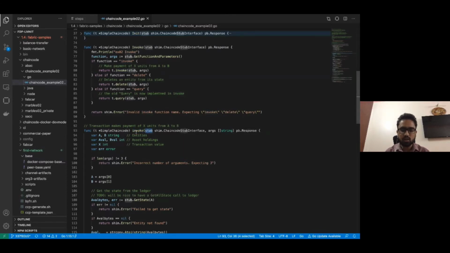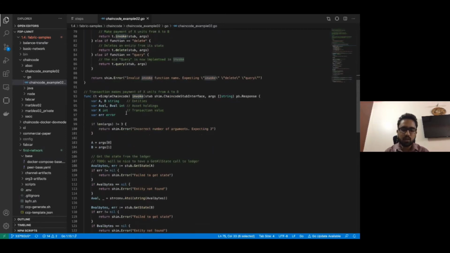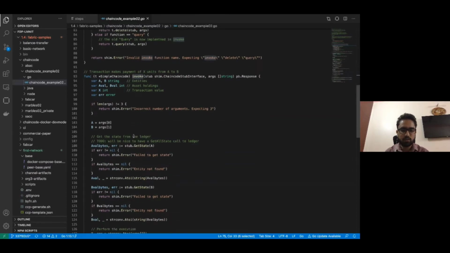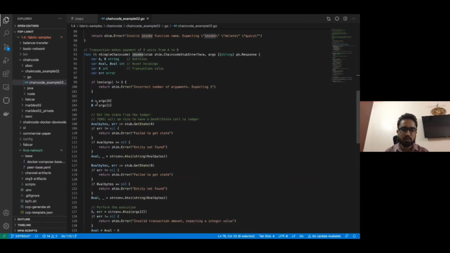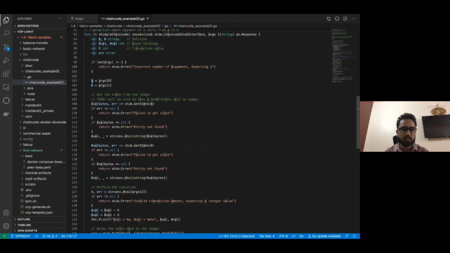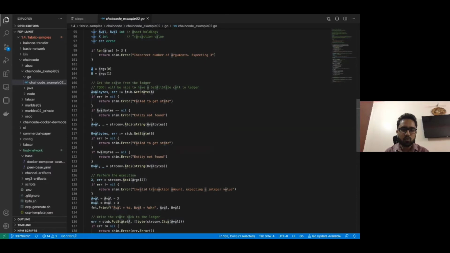Whenever I call this function, I do a transaction for transfer. I will pass three parameters: the two account variables, A and B, and the amount I have to transfer, some 10, 20, or 30. Then it will call this function internally. Firstly, it will extract arguments 0 and 1 from the arguments that we have passed, that is the variable names A and B, and then it will try to extract the value that is assigned to that particular variable in our blockchain state.